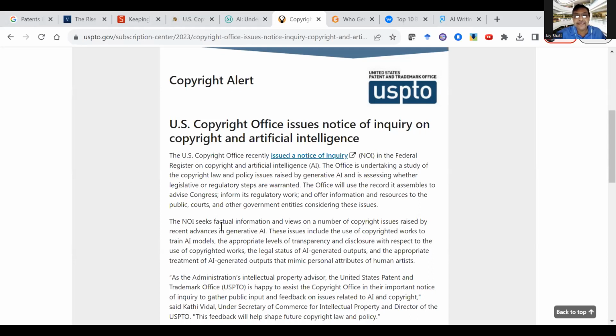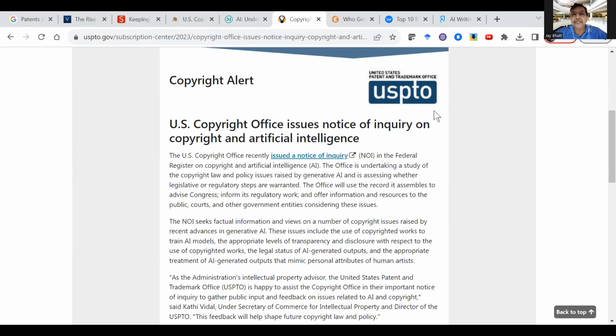As it says, a number of copyright issues are already raised when generative AI was used. And the second question was about plagiarism detection software or anything that is coming up. I think Parveen has highlighted a little bit.